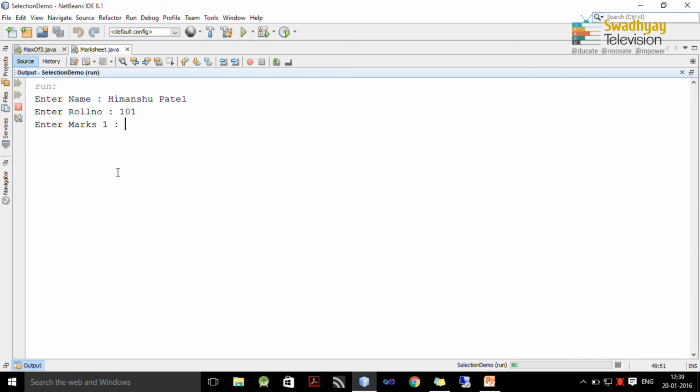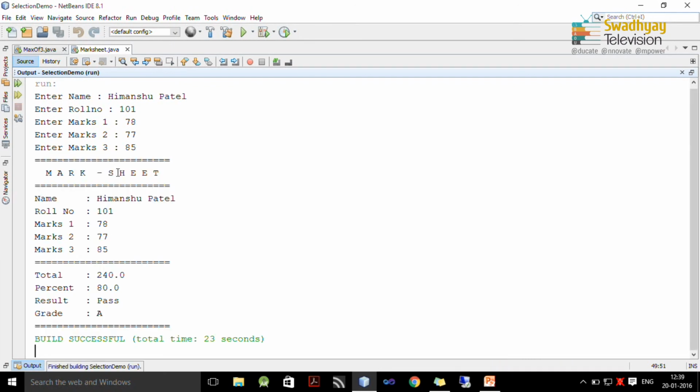Here is the roll number, then marks in subject 1 and here are the 3 marks. Now, you can see on screen it displays formatted output with heading mark sheet, name, roll number, marks 1, marks 2 and marks 3 which are entered by the user, and based on this it calculates total which is 240, percentage is 80, result is pass and grade is A.